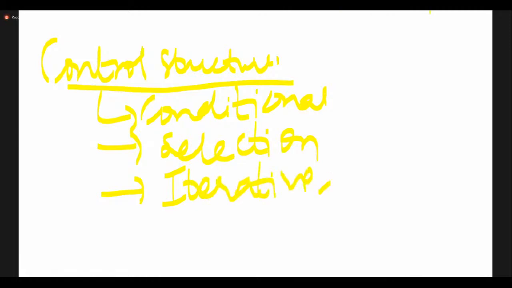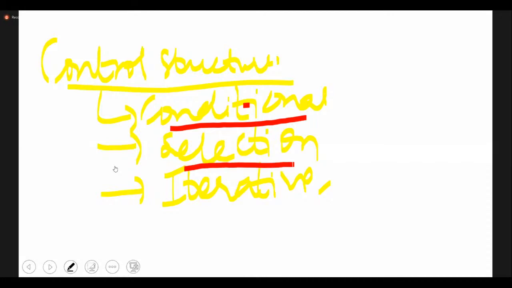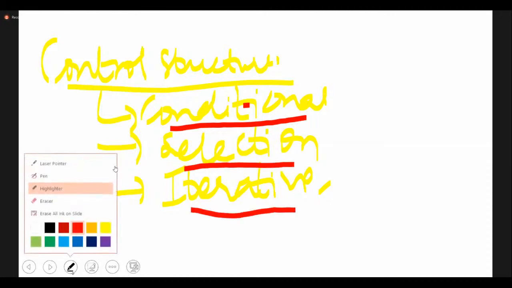Control structures are broadly categorized into three types. The first one is conditional, then you have selection control, and the other one is iterative.